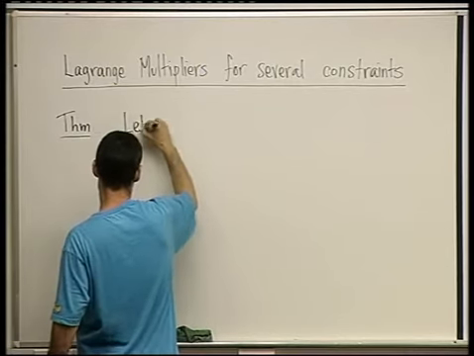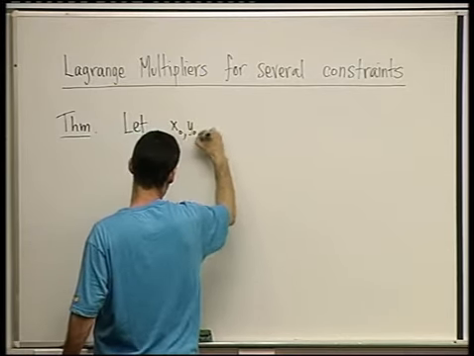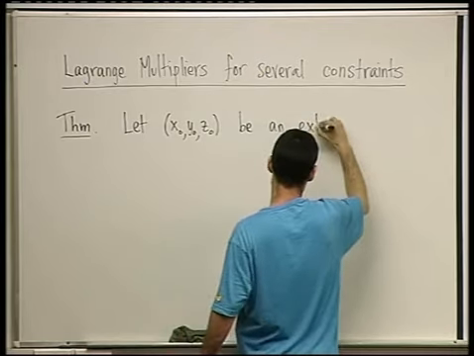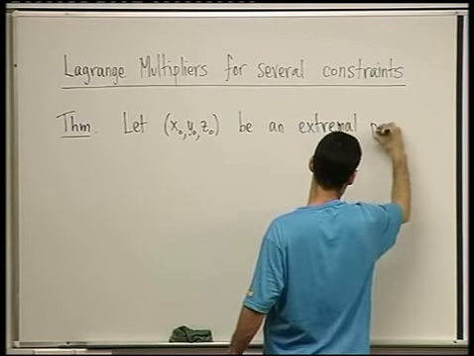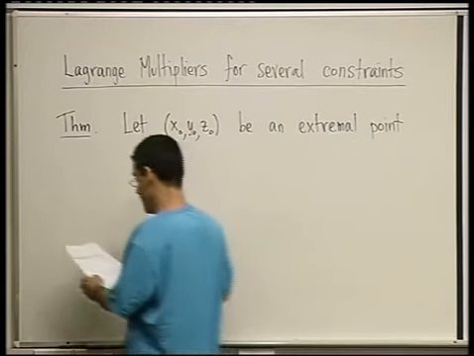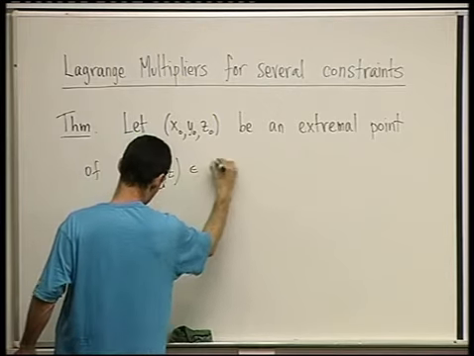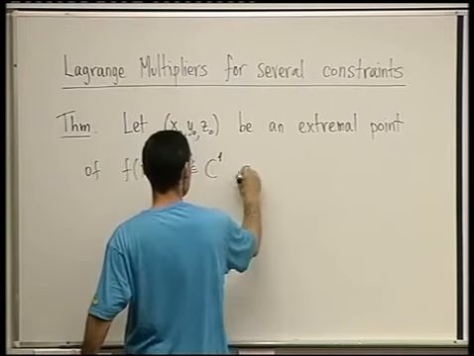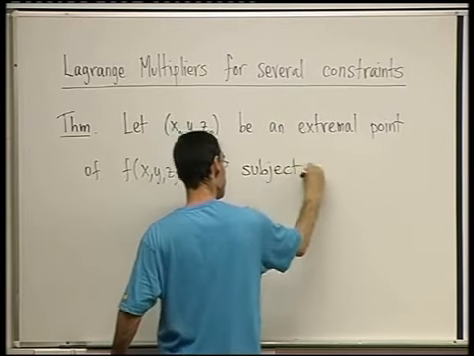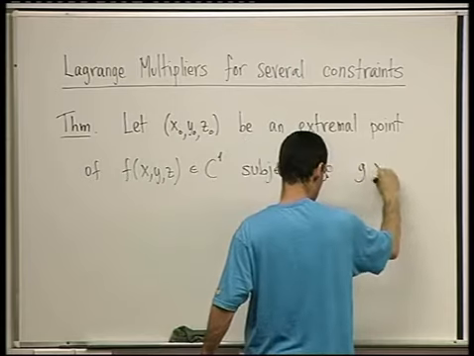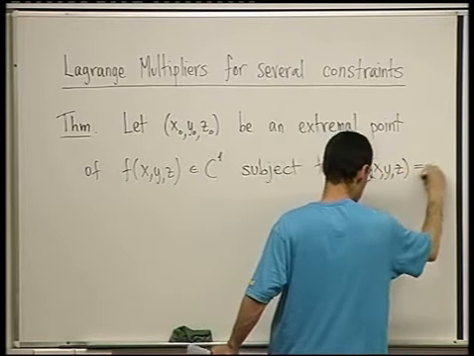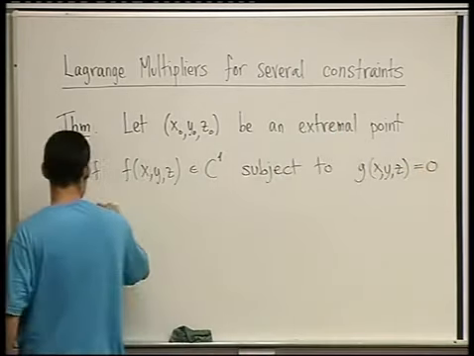So let x0, y0, z0 be an extremal point of the function f of x, y, z, which is a C1 function, subject to two constraints, g of x, y, z equals 0, and h of x, y, z equals 0, where